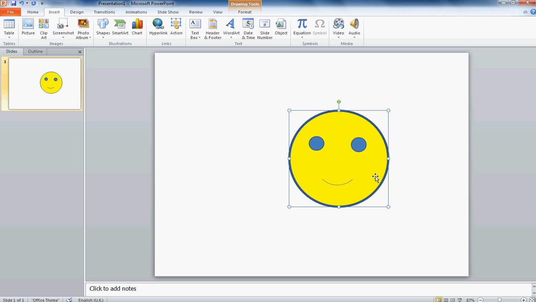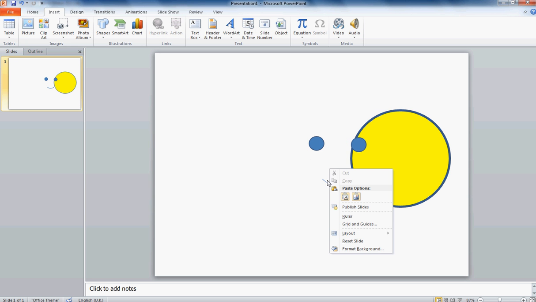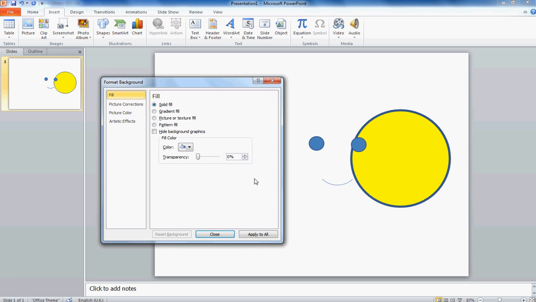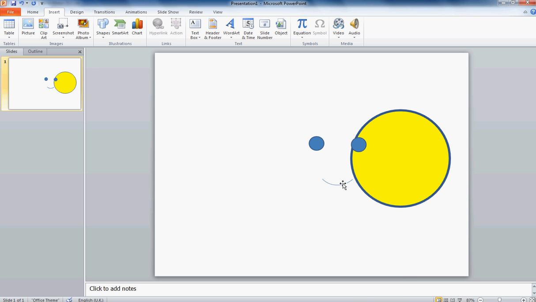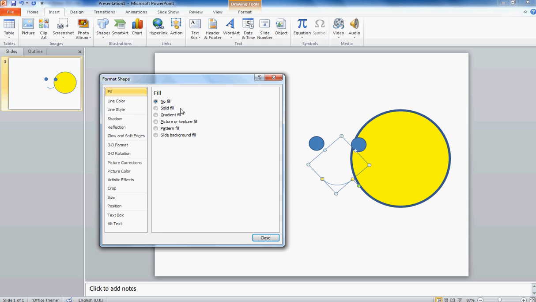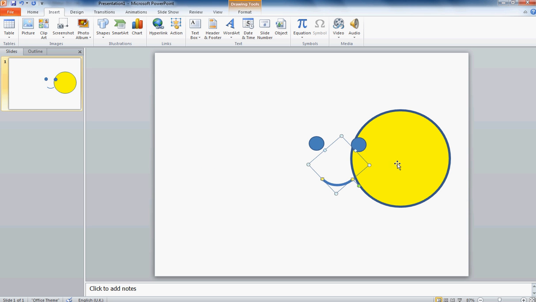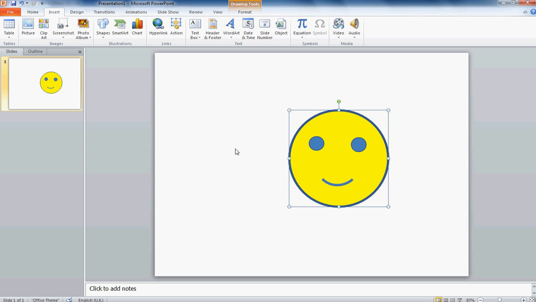I want actually the mouth, not the smile, just the mouth. And then right mouse click and format shape, line style. A bit of a play around, and eventually I end up with a nice simple shape,